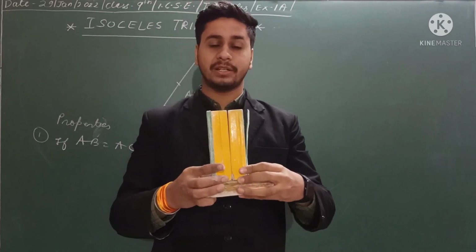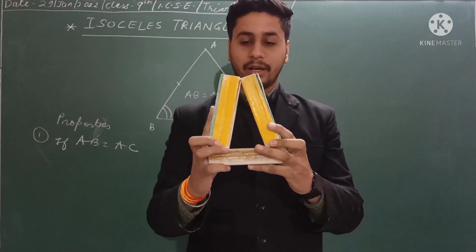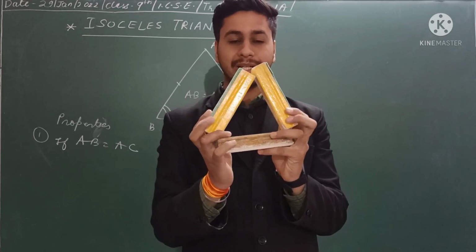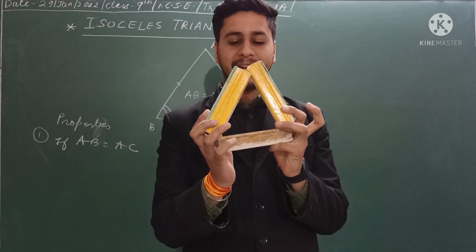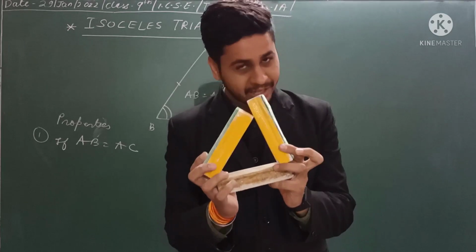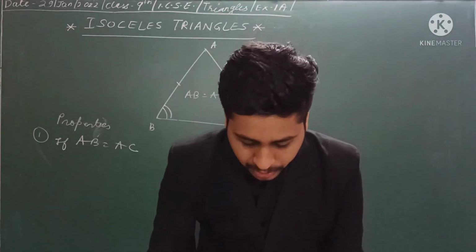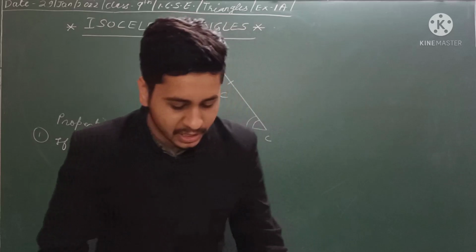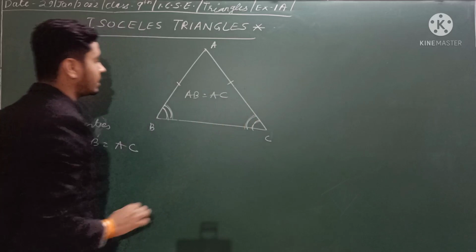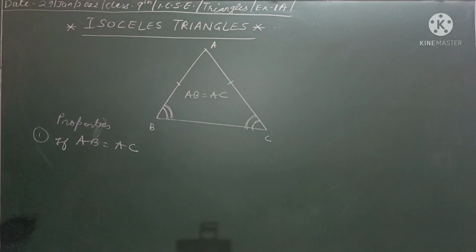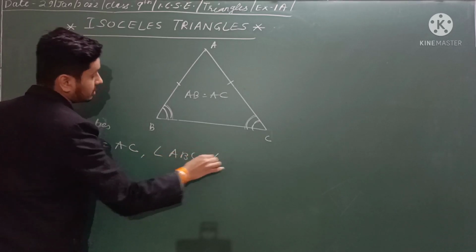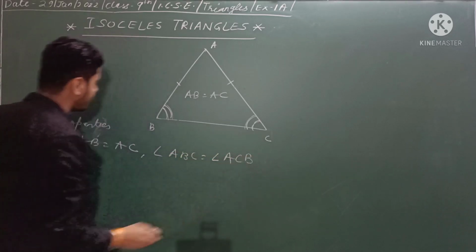Okay, now these two dusters are the same, and if I make a triangle in such a way, then as these two dusters are the same, the angles made, that means this angle and this angle, will also be equal. This is what they are trying to explain to you: the property that if these two lines are the same, then the angles subtended by the lines will also be the same. This is the very first property, that angle ABC is equal to angle ACB.